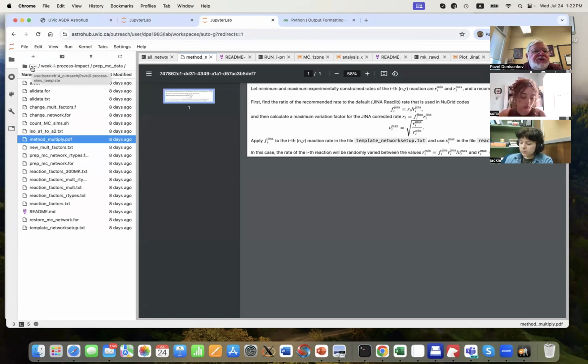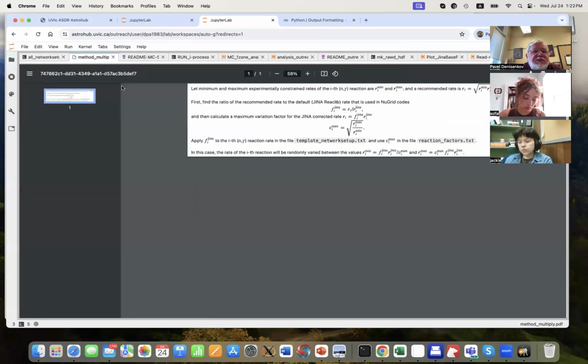This is actually my scratch outreach Pavel, iProcess sims template, but if you go to your iProcess sims, there should be a directory weak iProcess impact. Inside this directory there is a PDF file, method multiply, okay?